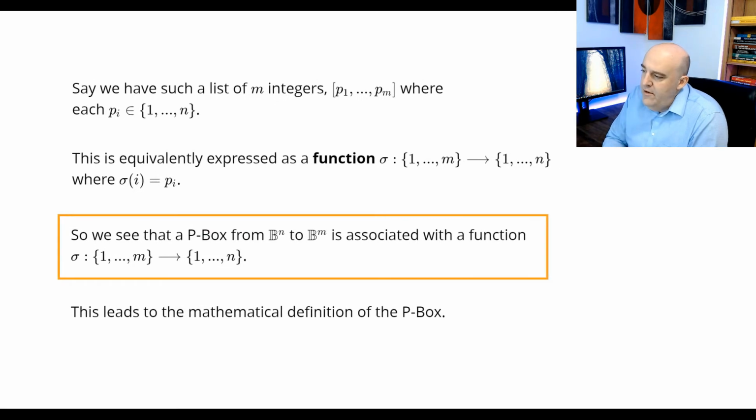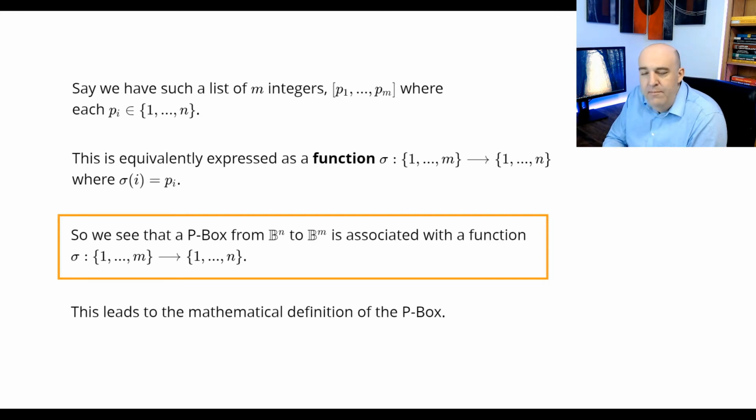Let's just say we have a list of m integers, p1 up to pm, where each of these pi's are from 1 to n. That's just another way of expressing that we have a function, let's call it sigma, from the segment of integers from 1 up to m to the segment of integers from 1 up to n. And what is this function sigma I'm talking about? Well, sigma i is just the value of p of i, the ith element of the list. It's just a simple change of notation in language, but it's a little bit nice to phrase it that way,